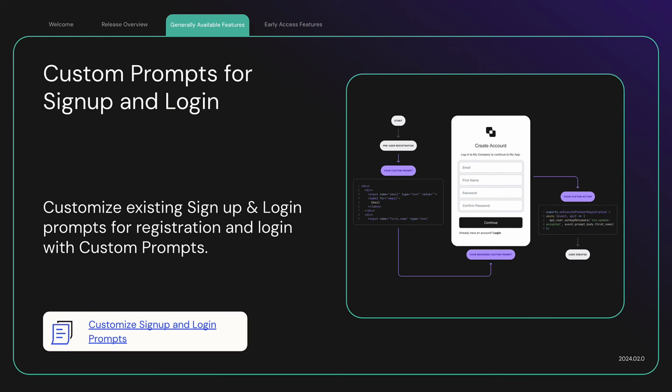Custom prompts for sign-up and login. Sign-up and login are critical touchpoints for end users. We've heard from many customers that they need the ability to customize the sign-up and login journeys, whether that's capturing additional data such as a phone number during login or allowing a customer to choose their preferred language during sign-up. With Universal Login in Customer Identity Cloud,